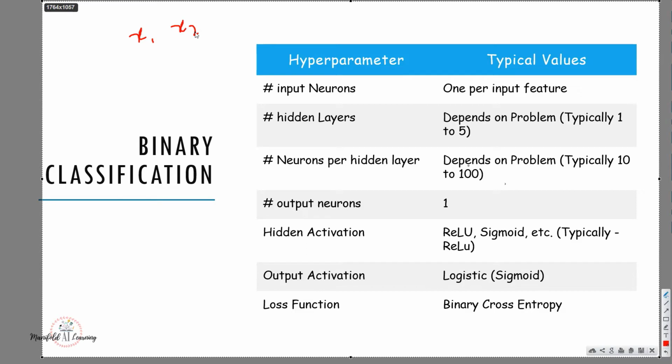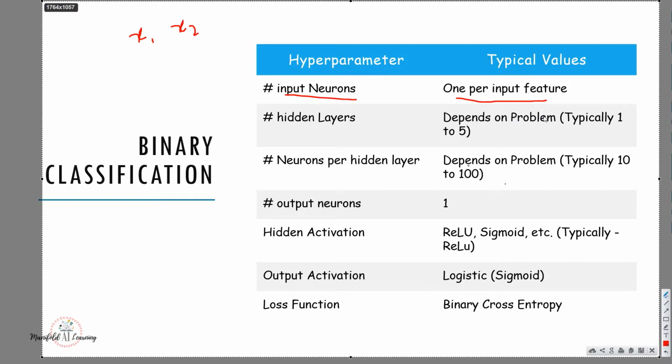Since it had x1 and x2, that is two features, the shape of my input layer is 2. So the number of neurons in my input layer depends on the number of features in my input data. So the number of input neurons is equal to 1 per input feature.